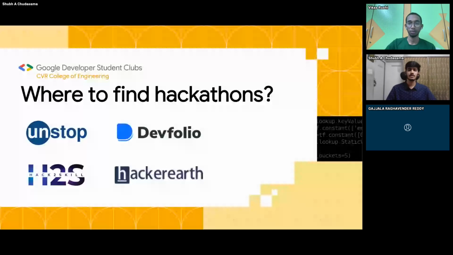Recently, the Flipkart Grid was conducted on Unstop. The Accenture Innovation Challenge was also conducted on Unstop, which has hackathons from basic level to high level conducted by companies. There is Devfolio. They conduct hackathons on a variety of domains, including blockchain, Web3, and others. There is also Hackers Calendar, which is partially a job platform where you can find jobs too.